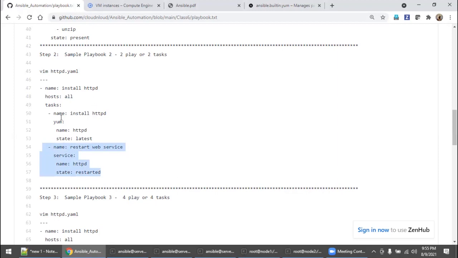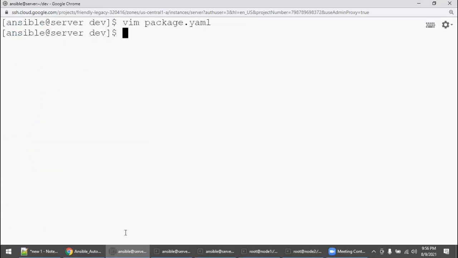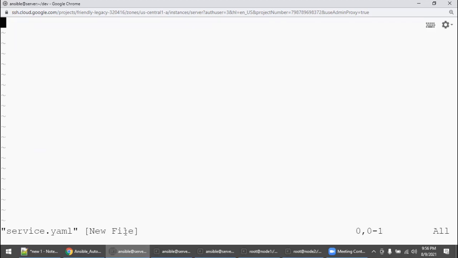So I'm not going to refer to this. I want you to understand a little bit on your own without referring to anything. So let's start with this. Say service.yaml, but the file name should be somewhat meaningful because later you are the person who is going to manage all these files. Say insert mode, hyphen, enter, space, name colon.